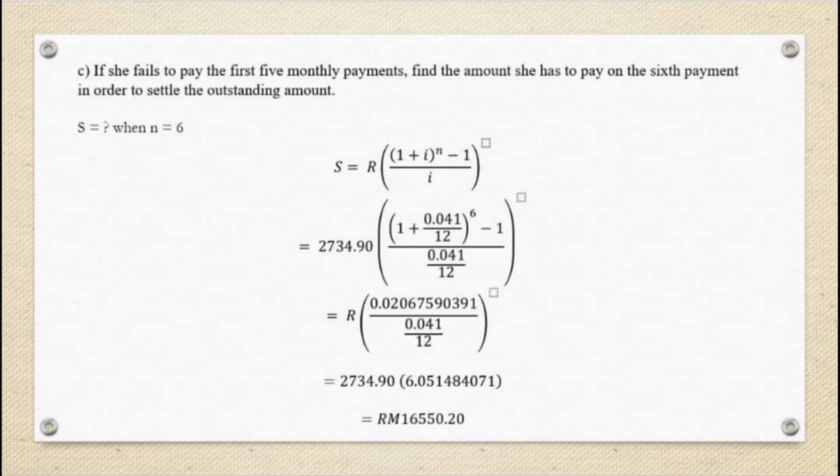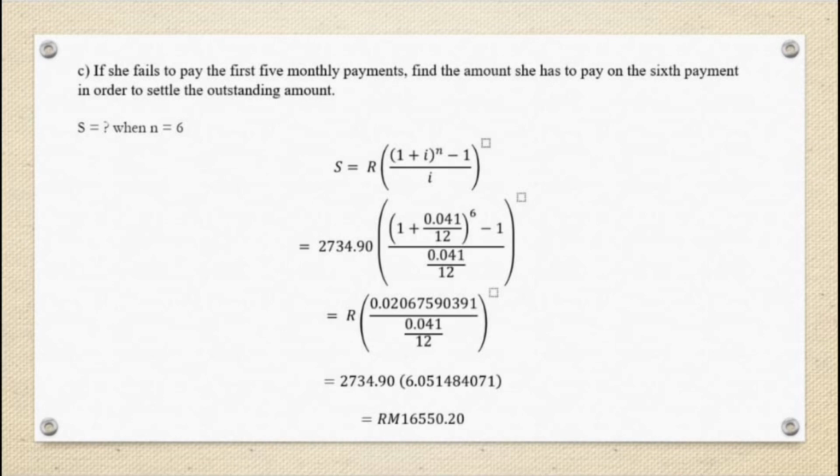So to settle the outstanding amount, we have to use a different formula, which is the formula of future value annuity. The formula of future value annuity is S equals R times 1 plus i to the power of n minus 1 over i. We just plug the same values from the beginning into the new formula with changes in the value of n. 2,734.90 times with 1 plus 0.041 over 12 to the power of 6 minus 1 over 0.041 over 12, which equals